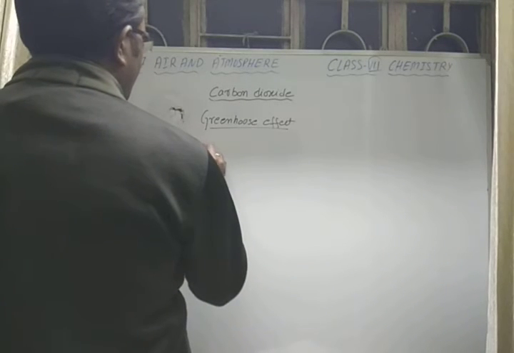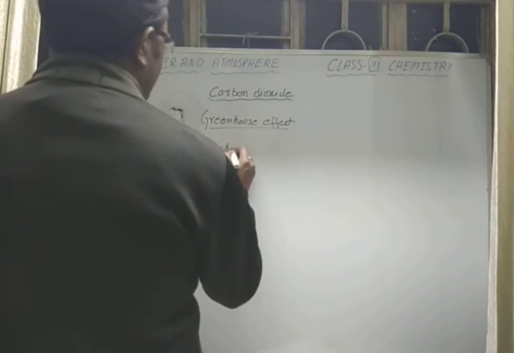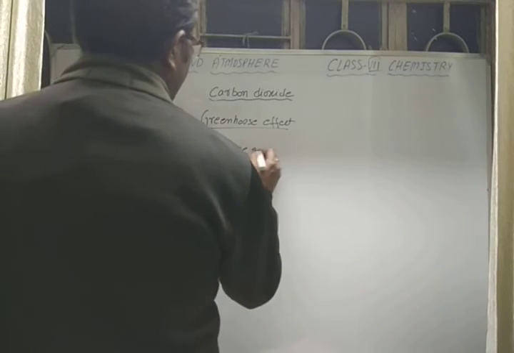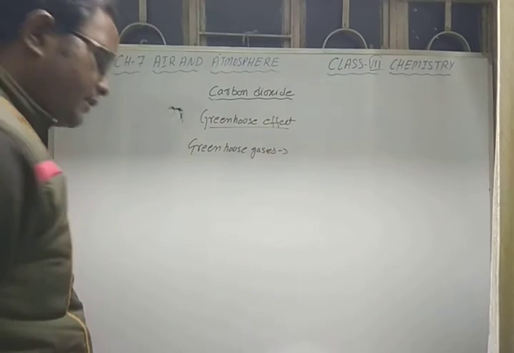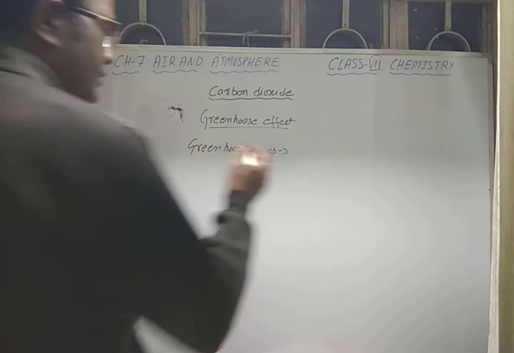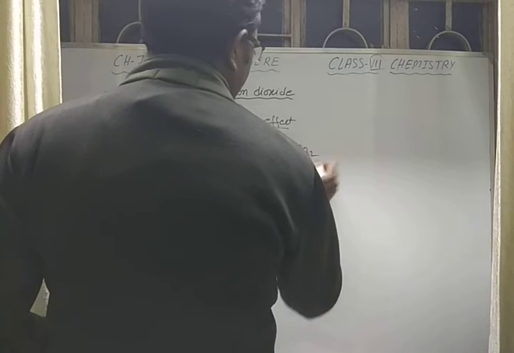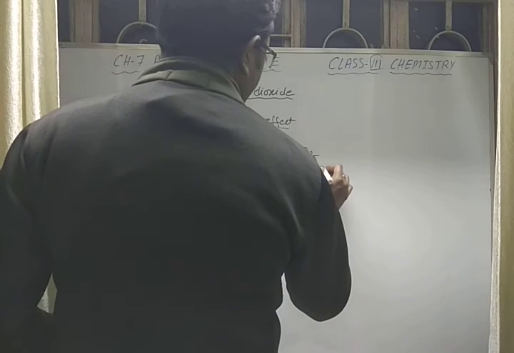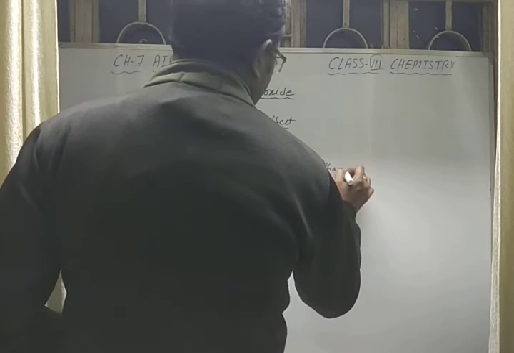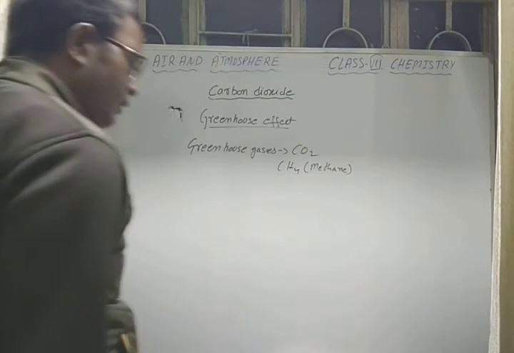You should remember the names of these greenhouse gases. First is carbon dioxide, obviously, CO2. Second is CH4, that is called methane. Then water vapor,